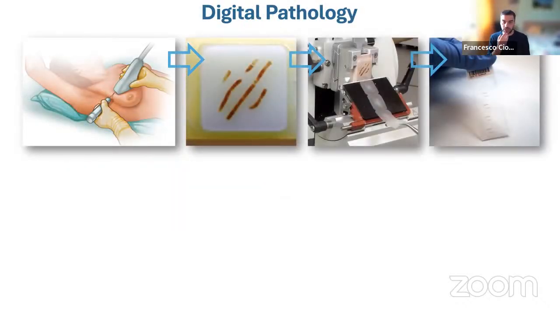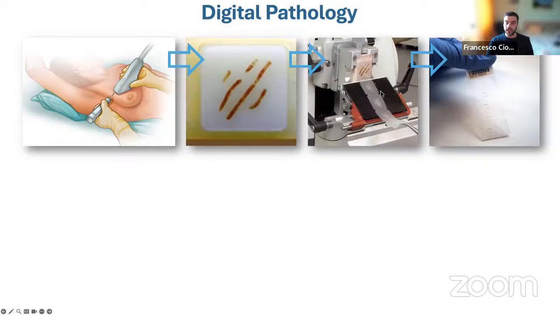So where does this image come from? Back to our example of breast cancer screening. Let's say a patient gets mammography, there is a suspicious lesion, then they take a biopsy. And this is called a core needle biopsy. Essentially, they stick a needle in the breast, and then they get some tissue. This tissue is first fixed in formalin, and then it's embedded in paraffin. So it's a tissue block, it's wax, it's like a candle, right? But then there is tissue inside.